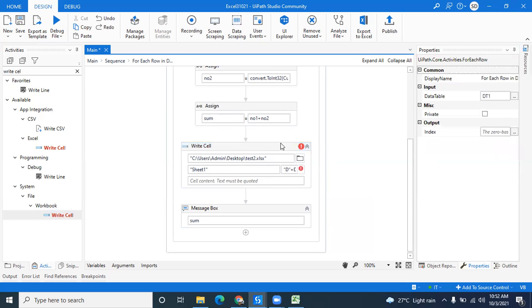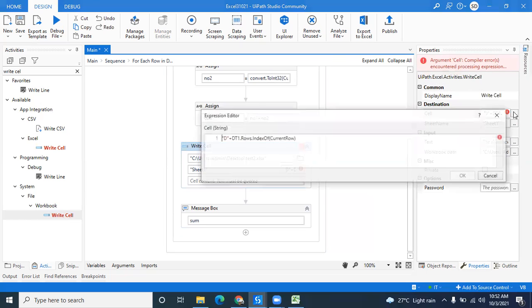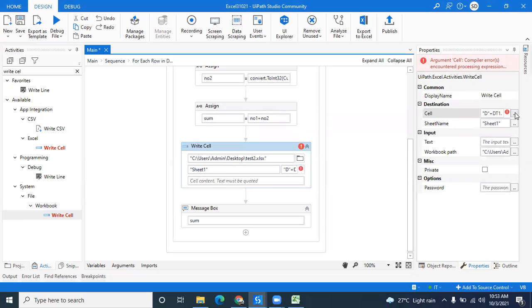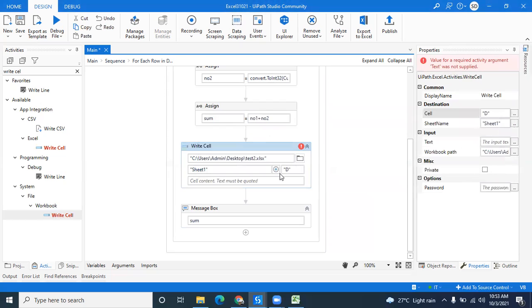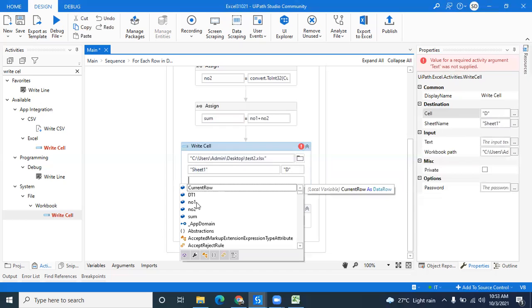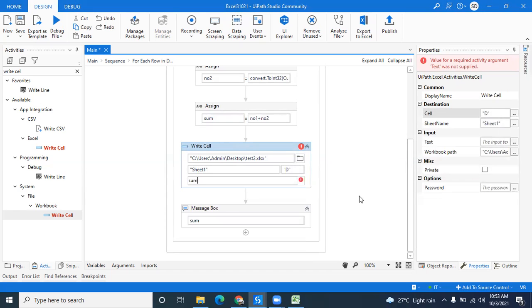Sir, can you please explain that? Means how can you use that? Yes, this is actually what we are doing. We are just writing. Let me first run this bot, then I'll explain why I have done that. I'll close and just put only D. Where we have to write in the D column, and what we want to write, sum. I want to write sum dot to string. If we get an error, then we can understand.